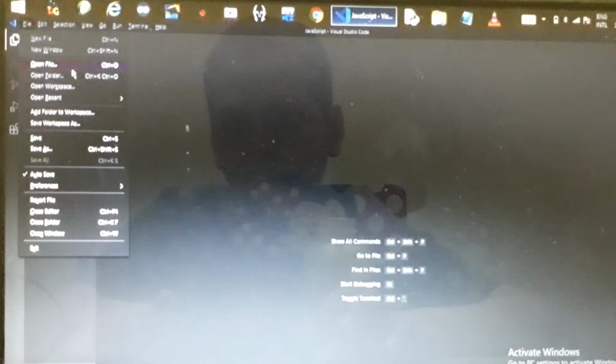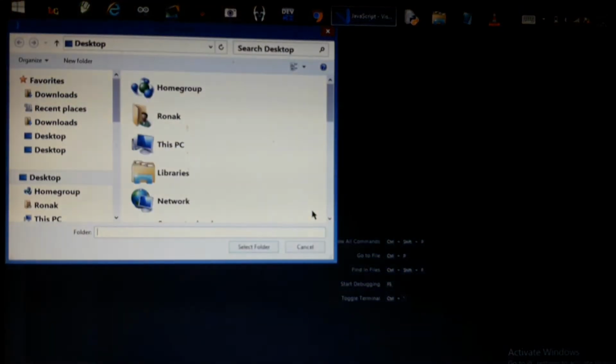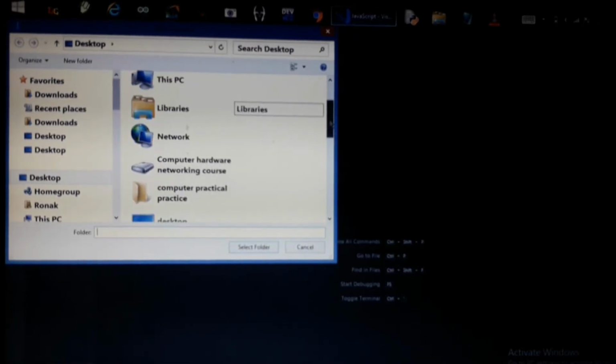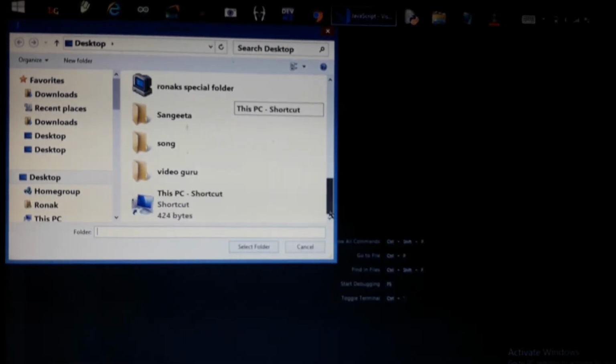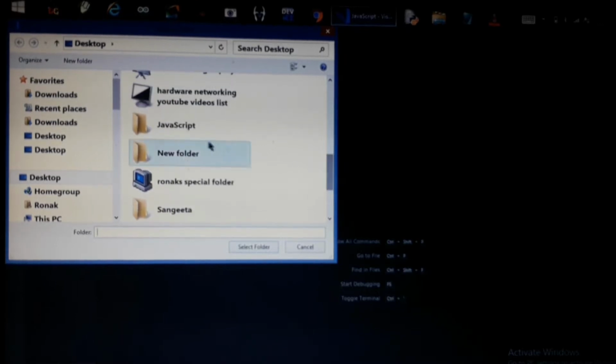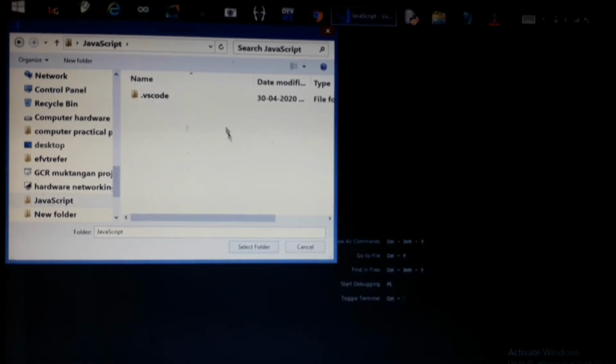I'm closing this window, and this is my program folder opened here. What I'll do is go to File and open folder. It will show you like that. I'm going to teach you JavaScript from today. I have already created a JavaScript folder on my desktop, so I'll click it and then select folder. It is already opened here, and these are the files in it. First, .html. If you want to make a new file, you can just click here, this button. I don't know, can you see or not?